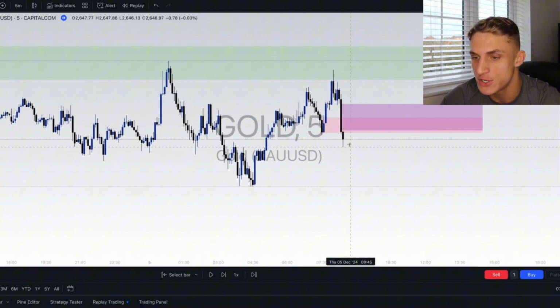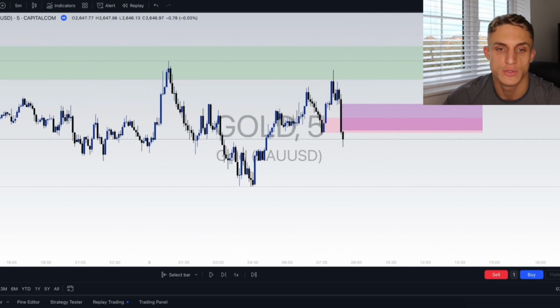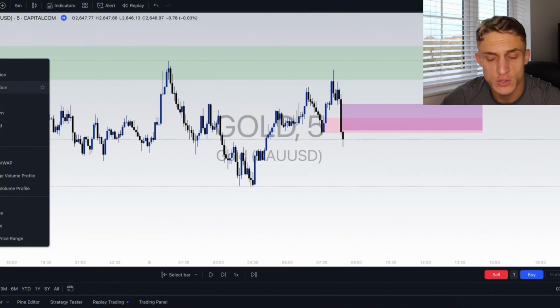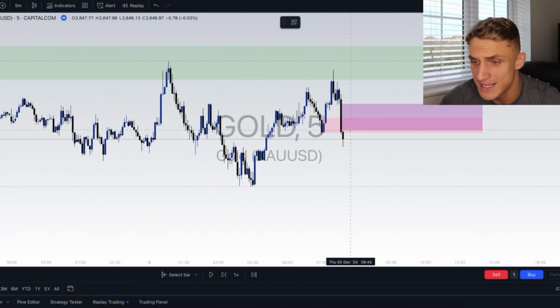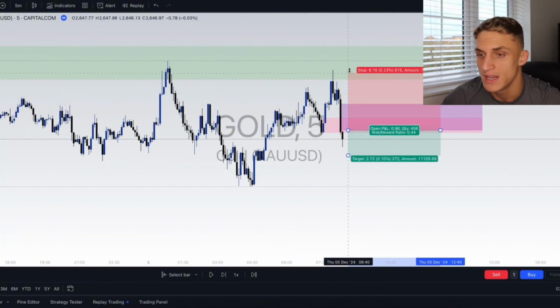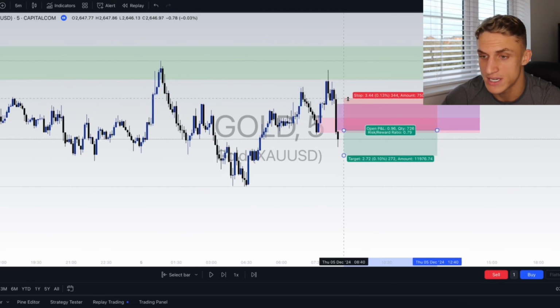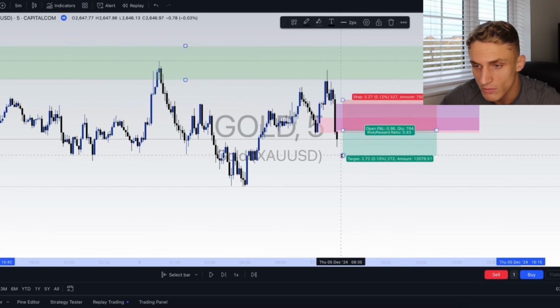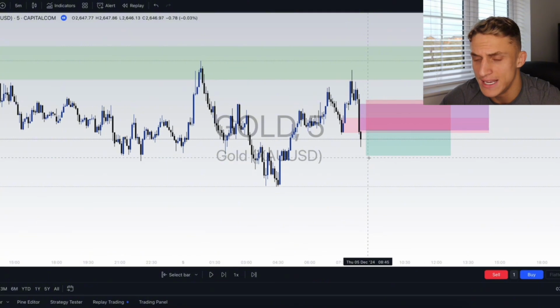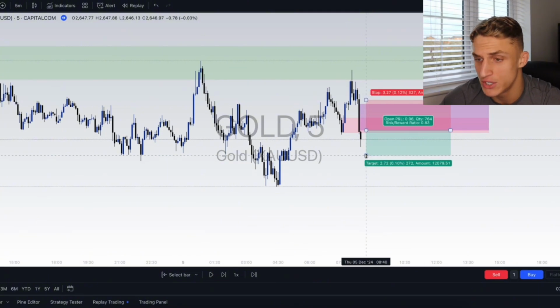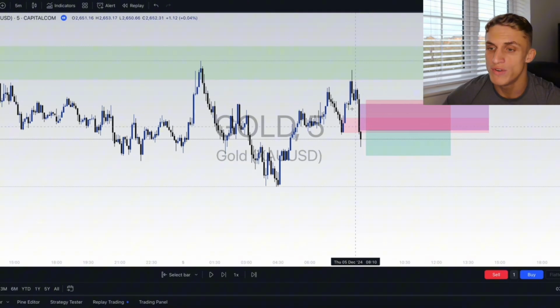The area where these two overlap is called the unicorn zone. So in the simplest terms, all we'll do is take an entry from that point. If you want to play it very safe, put the stop at the high or the low, depending on what you're looking at. If you're feeling a bit risky, just put that just below the bottom of the zone. And now, what we're looking for is a significant reaction, and I think we're going to get one. Reason being,